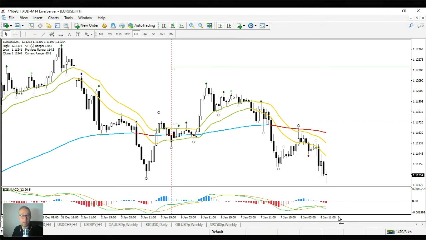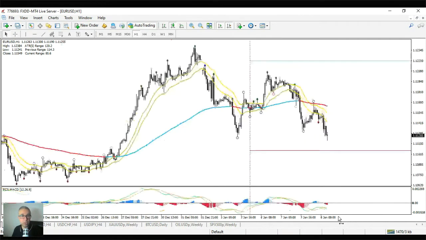So it is building some type of ABC correction, and it looks like this is now an ongoing wave C. The question is how far this wave C will continue. For the moment, the target is 111, I would say, and let's see if price breaks below that 111. If it does,